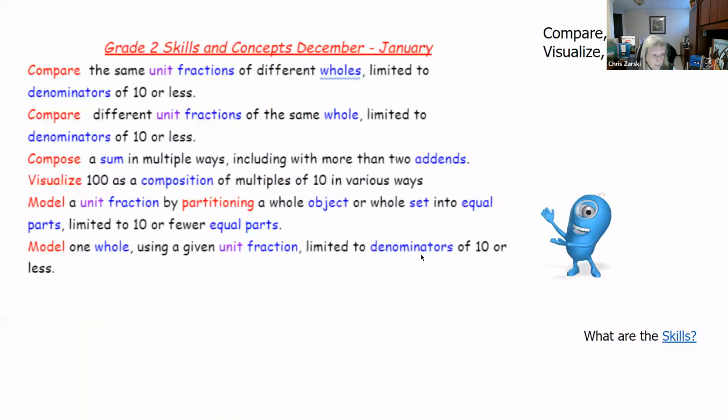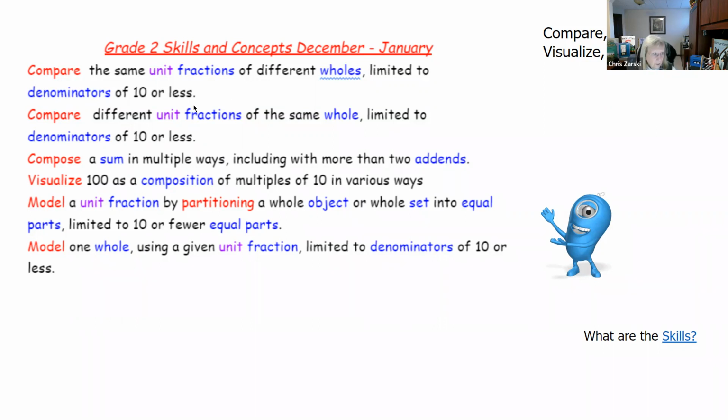Okay. So up at the top right here, because you have a whole bunch that we've looked at already, there are some that kept coming up over and over again that kind of work together. And so for the ones that we're going to be focusing on for December, January, and then early into February, we'll meet again, but let's just say including February, maybe we could look at compare, compose, visualize, and model. You're not going to have time to unpack 15 different skills in that time frame. So let's narrow it down to some 4 big rocks that would be very helpful and reflective of the things I'm going to be doing either in the skills and procedure side, in the knowledge side, or both put together.